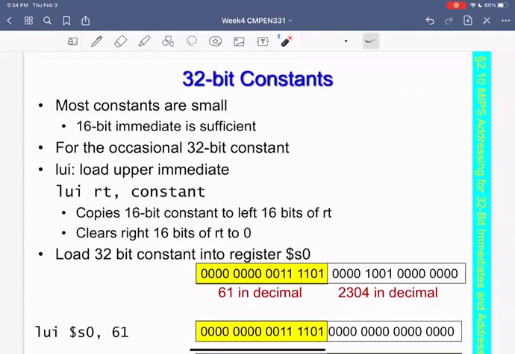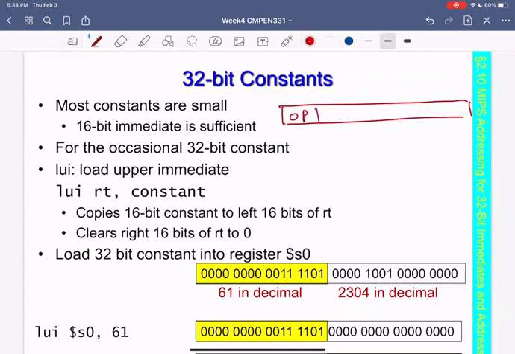So if you recall, in an I-type format, we have opcode and then RS and then RT and then constant. In that constant, I have 16 bits. So this means the maximum number of bits that I could use for a constant to be copied in a register is basically 16 bits. This is the maximum that I can hold a constant, correct? The question is,